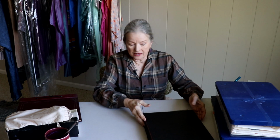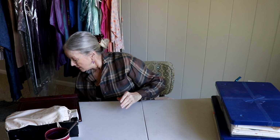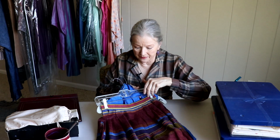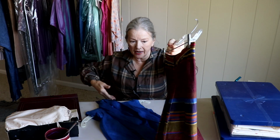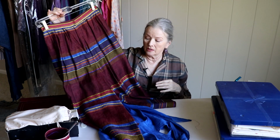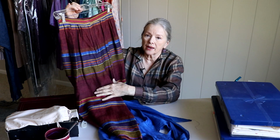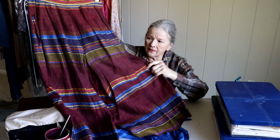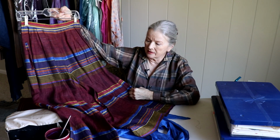But anyway, that's that. Okay, so what I want to show you today are these 2 outfits, and then we're going to go through a mystery box. I am wearing the shirt that I wore in the last video, but I can't possibly fasten the skirt, so I'm not doing that. So you've just seen the picture. So here are the culottes. And it's this fabulous, of course, once again, 100% linen, but the thread has a glossy gold, and there's a rust color thread in here that is all very glossy, so it has a sheen to it. And I haven't had these on in 40 years,